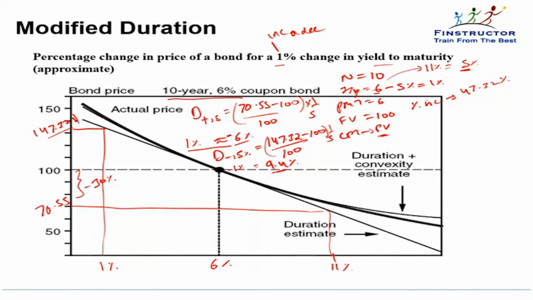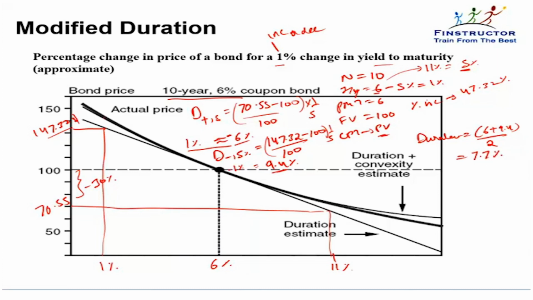So the duration is quoted as an average of the two. This is also called effective duration. The modified duration and effective duration are the same for straight bonds. Straight bonds are bonds like these that pay a fixed coupon and then a par value at maturity. So the quoted duration will be the average of the two. So it will be the average of 6 and 9.4, which will come out to be approximately 7.7%.